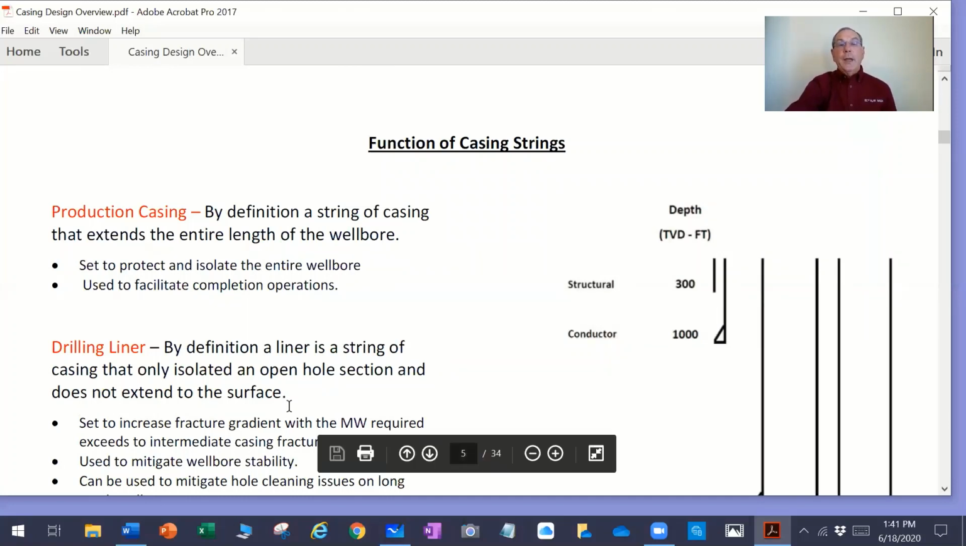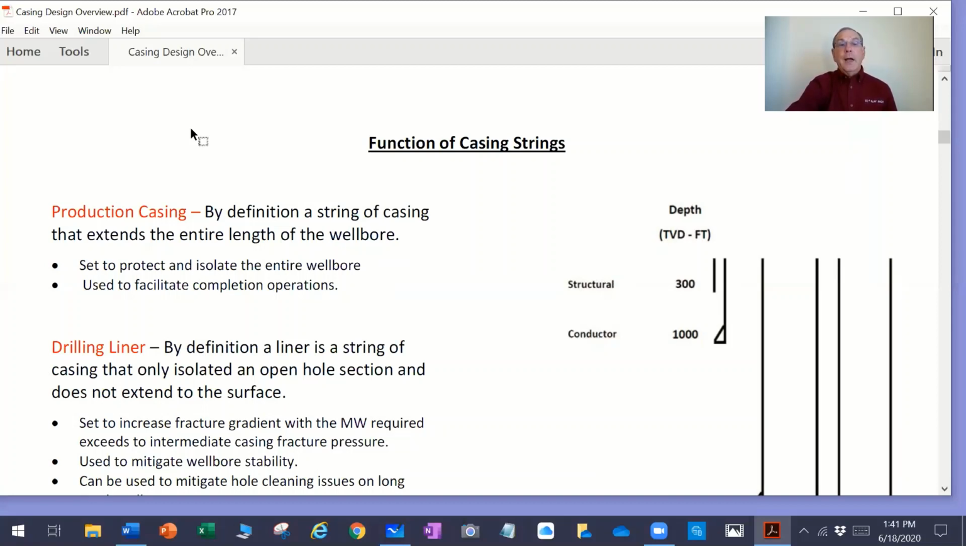So now production casing, by definition, is a string of casing that extends the entire length of the wellbore, and it's set to protect and isolate the entire wellbore, and it's used to facilitate completion operations. I mean, it's very common,